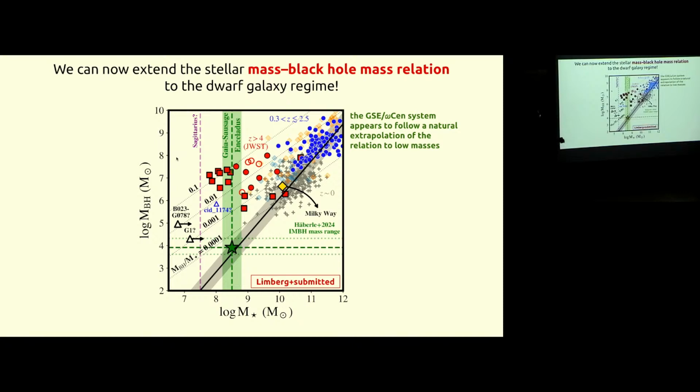So why I think you should care about this, instead of just being some curiosity, is that this has several implications, not only for the formation of this black hole, because now we know that this black hole is forming inside this one galaxy that is kind of LMC mass, but also it's forming a nuclear star cluster. And this could have implications for the seeding mechanism for this central black hole. But also, now that we know that galaxies like the LMC could host black holes that are this massive, we could really ask what is the dynamical impact on the evolution of LMC mass galaxies with the presence of these black holes that have this mass ratio with stellar mass.